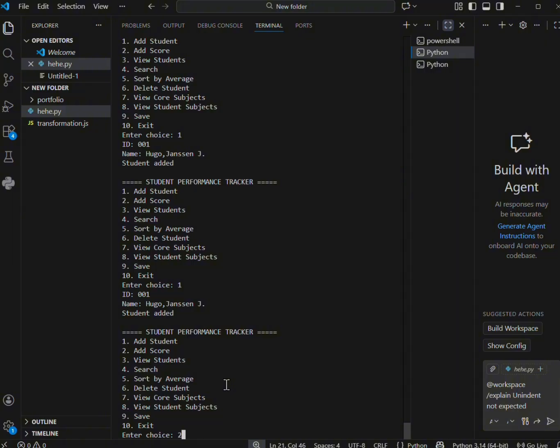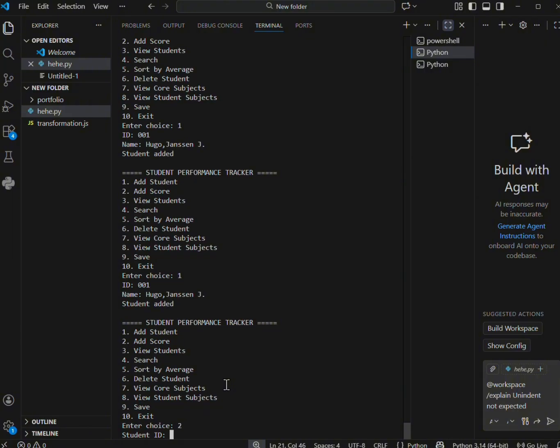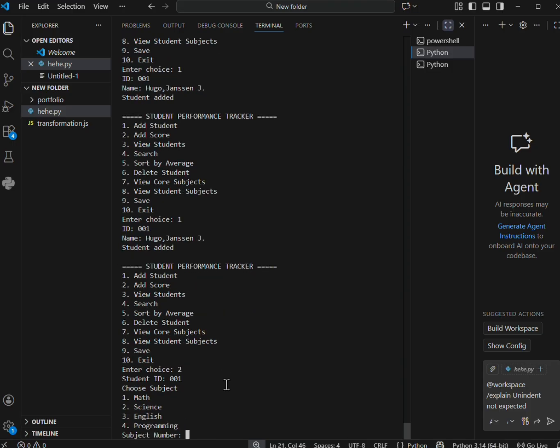Let's go with number 2 and add the ID from Hugo Johnson J001. Now that I added my ID and I'm adding a score, the program shows a list of core subjects: math, science, English, and programming.